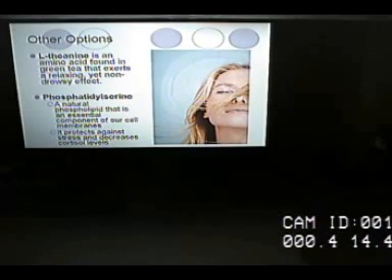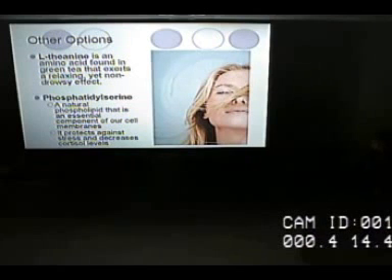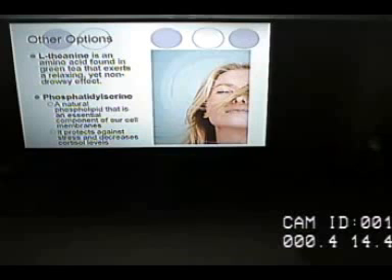Other options for stress: theanine, found in green tea, helps with the alpha, theta, beta waves in the brain. It helps with relaxation. It doesn't give a drowsy effect. It just helps. And I've heard Carol say that if you have a cup of decaf green tea with this at nighttime, it would help you sleep.